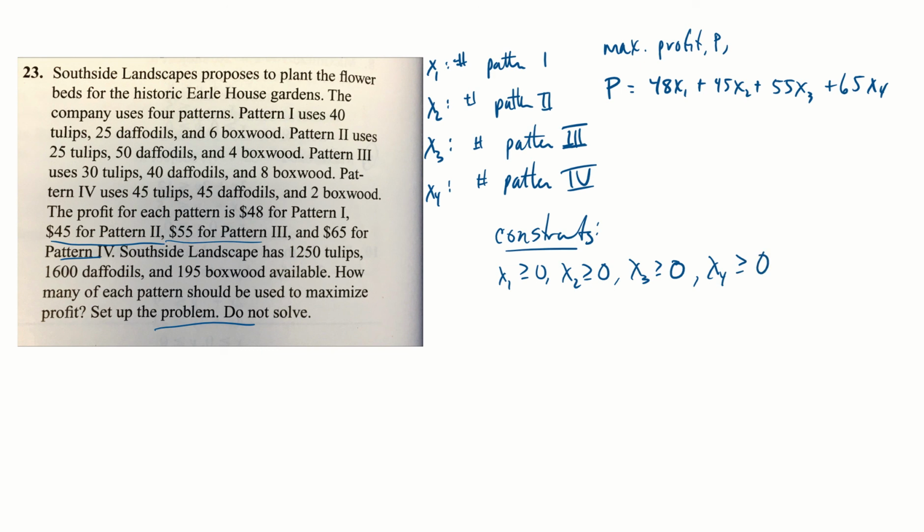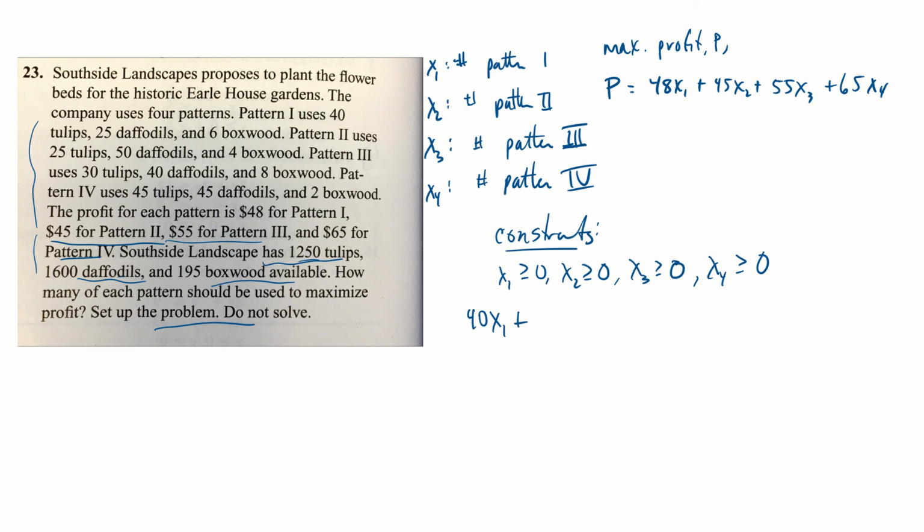Okay, now I've got to go back and read through this and see what I have. What are they telling me, right? It tells me how many tulips, daffodils, and boxwood I have. Pattern 1 uses 40 tulips, 25 daffodils, 6 boxwood. Pattern 2 has these. See, sometimes you just have to read through it a bit to figure out what am I given? What are we going for? Well, it looks like we have total numbers of tulips, daffodils, and boxwoods available, and it tells me how many each pattern uses. So pattern 1 uses 40 tulips, so that'd be 40x1,